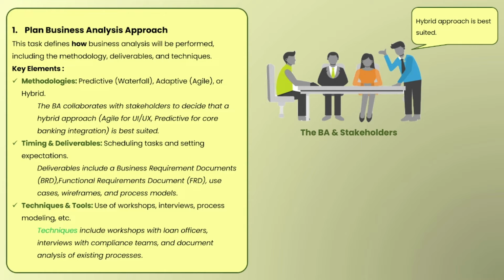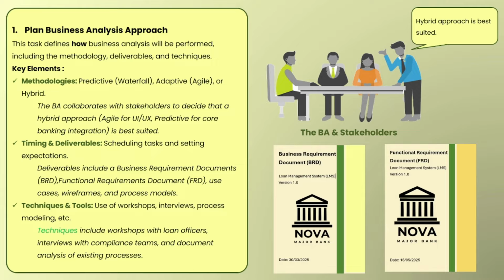Now the next key element is timing and deliverable. It's like scheduling tasks and setting expectations. Timing and deliverable just mean figuring out when things need to happen and what you are expected to deliver. It's like making a to-do list with deadlines so everyone is on the same page. Here the deliverables include business requirement documents, that is BRD, functional requirement document FRD, use cases, wireframes and process models as well. Let's check BRD and FRD here in brief, and the remaining part we will see in the